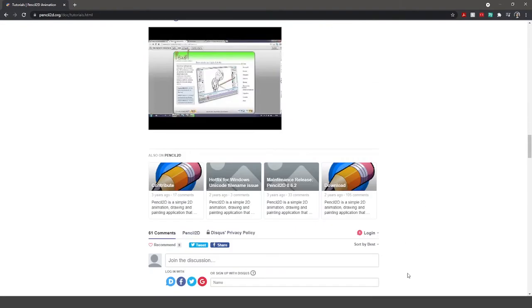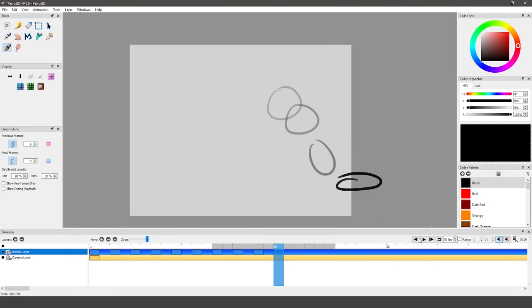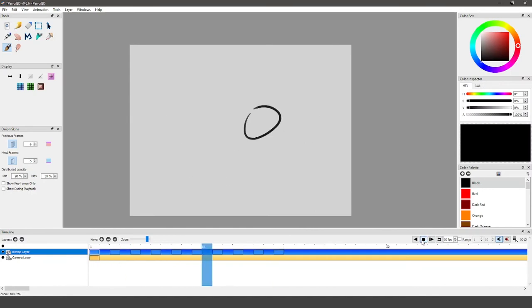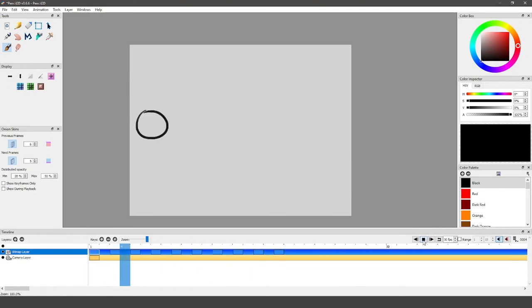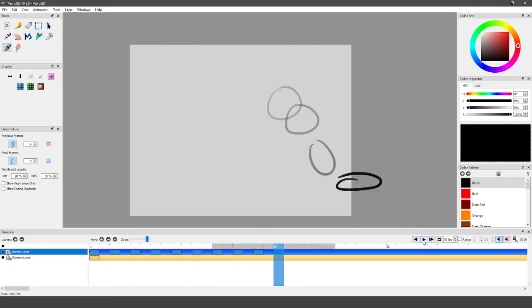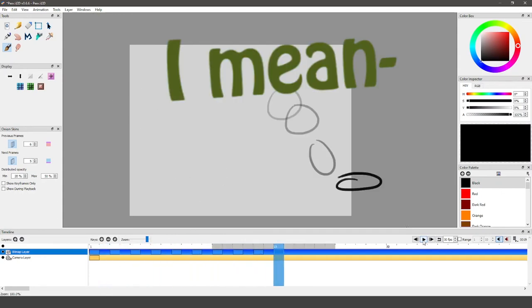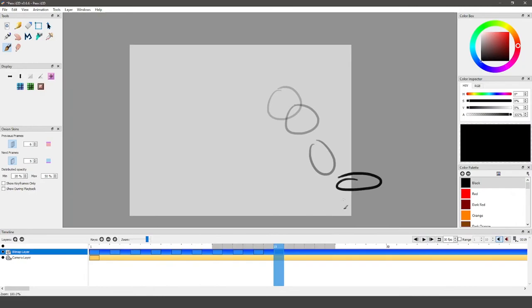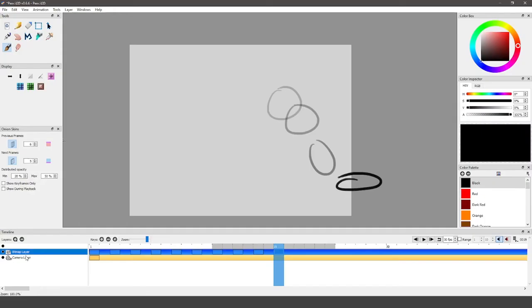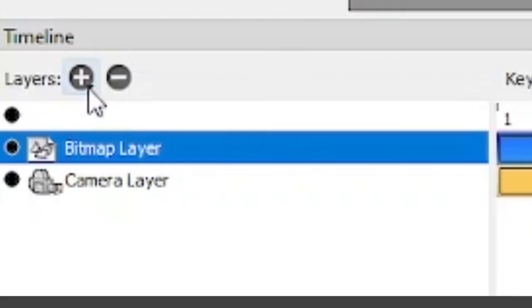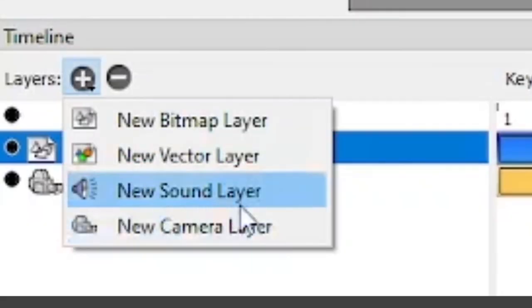Well, the software is really, really good actually. It took me a little while to figure out, but it's free. It's free and you can literally animate on this. That's really cool. And I think this is great if you just need something. I mean, it's free, guys. Come on, this is pretty good. They have a lot of options that you can play with, and you can add layers, you can add audio, sound. That's great.